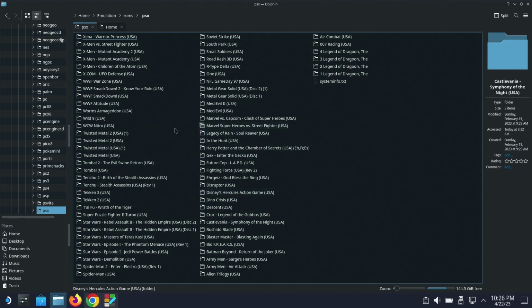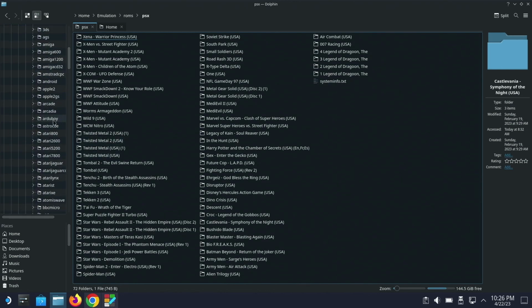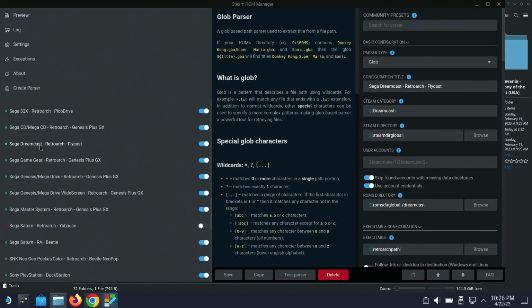So now that you hopefully have a good understanding of this part, we are going to go to the ROM Manager, and it's going to come up and look like this. So if you went to, let's say, Sega Dreamcast, and you have the ROMs for your games, or the ISO files, or whatever the case is, in their respective folders, you can come over here and click on any of the consoles, whichever one you prefer,